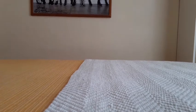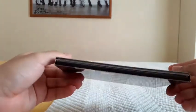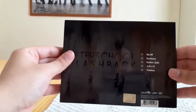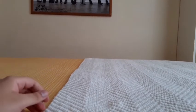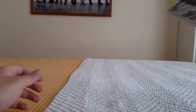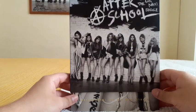Moving on to After School, Orange Caramel, anything that After School released that's somehow related to After School. So, from After School themselves, I have 2 albums. I have their 5th maxi single, Flashback, which is an iconic, underrated K-pop song in my personal opinion. It's so underrated. Flashback. And then from After School, the other album I have is the 6th maxi single, First Love, which was